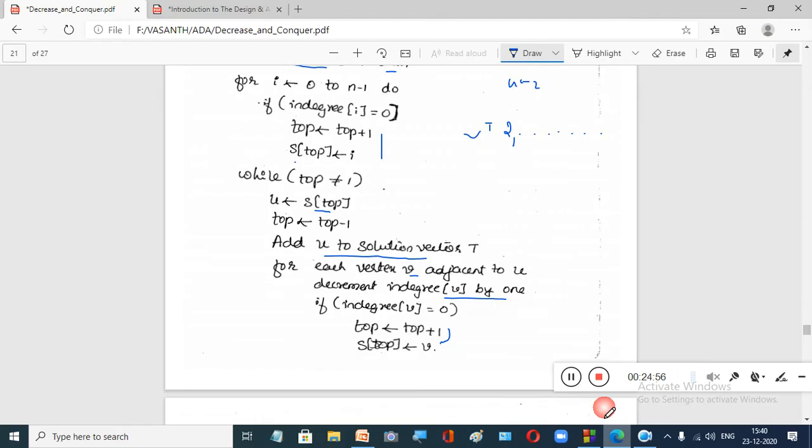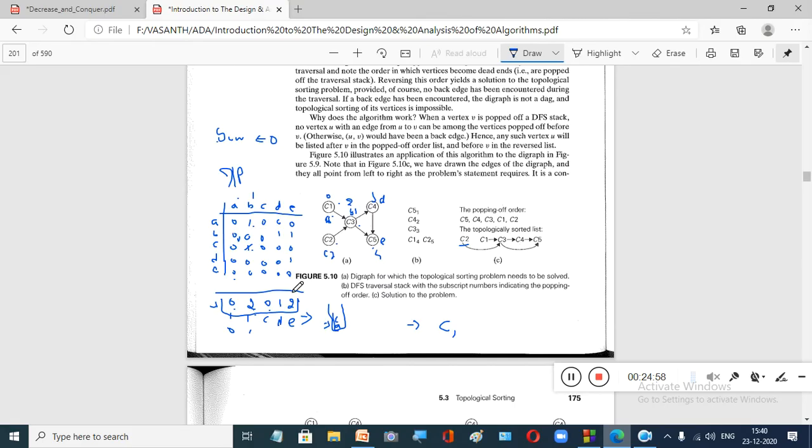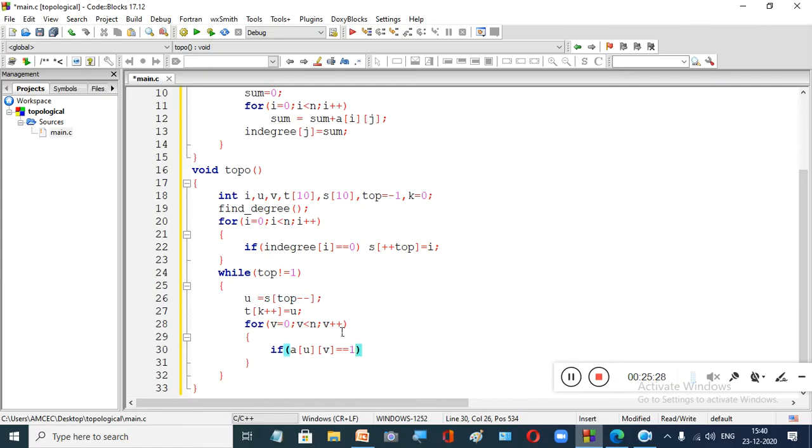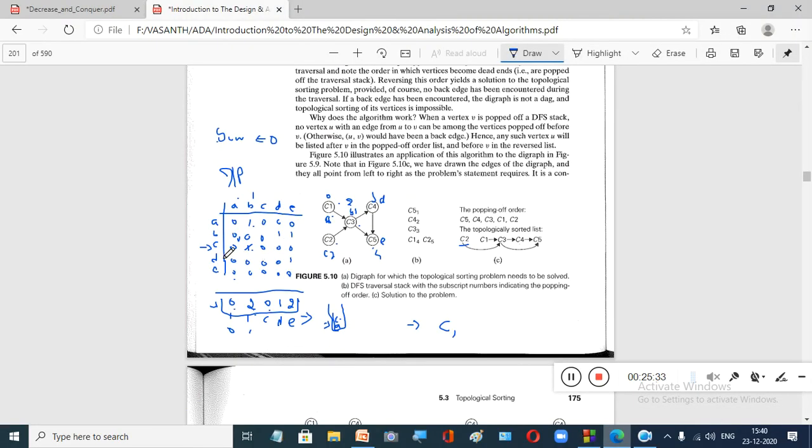Now if you look here, you are going to remove this one, right? When you take your stack, the top element in your stack will be C. You are going to remove this C. Now when you remove C, for all the vertices, you take your variable as V. For V equal to 0, V less than N, from C to V, do you have any adjacent nodes?